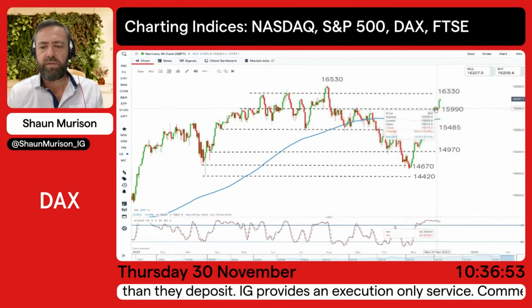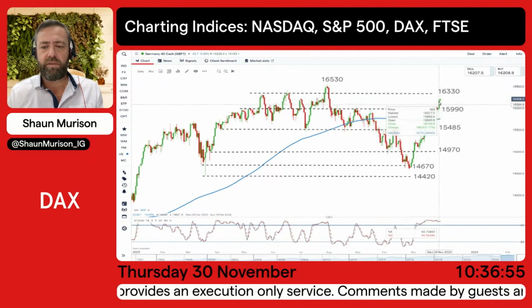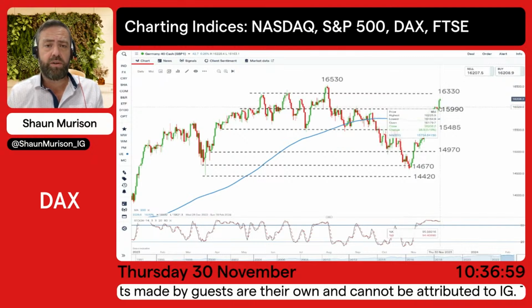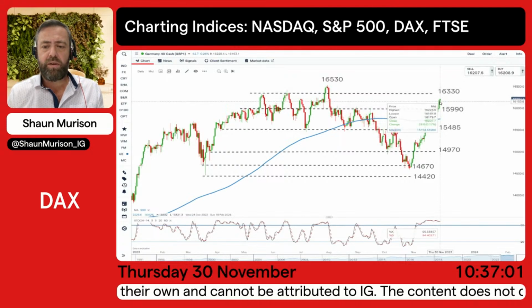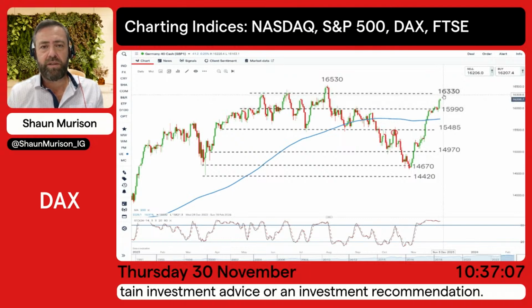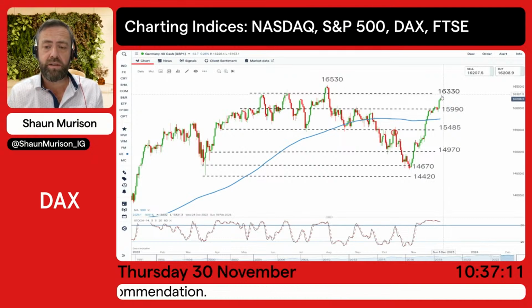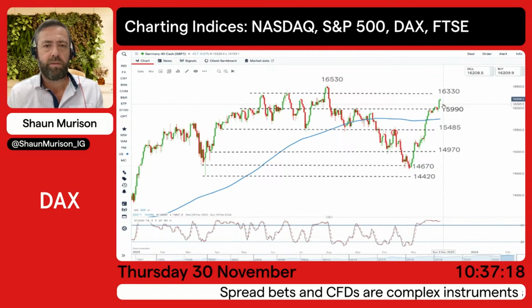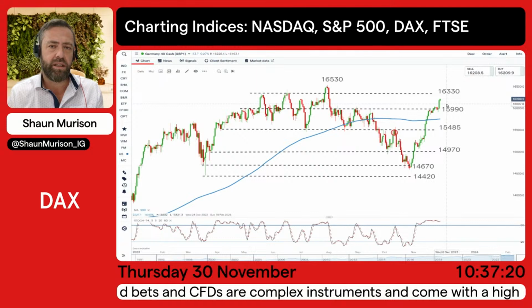Long-bodied candle, I think if you have managed to catch this lovely move higher at this point in time, you would be thinking about tightening your stop or trailing your stop loss. That is quite a long-bodied candle, so I think having that close below that might be a little bit too far, considering you're not expecting too much further in terms of gains relative to the next level of resistance. So maybe having a stop loss on the halfway, the midpoint of that long-bodied candle, somewhere at about 16,100 might be a consideration if you're targeting that